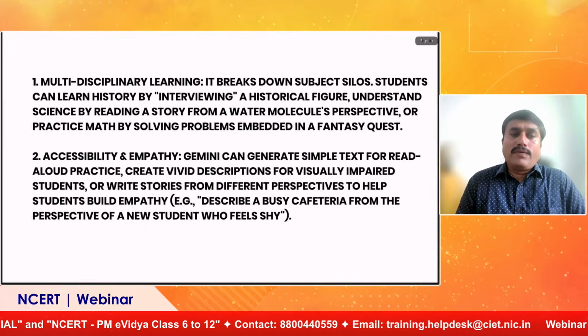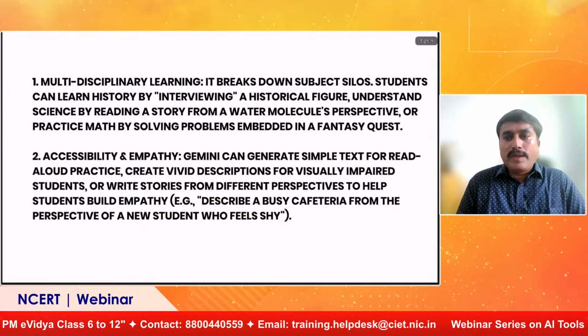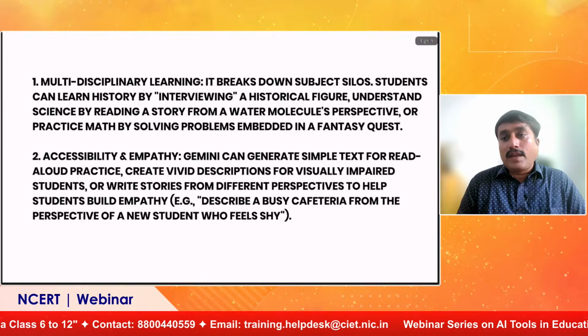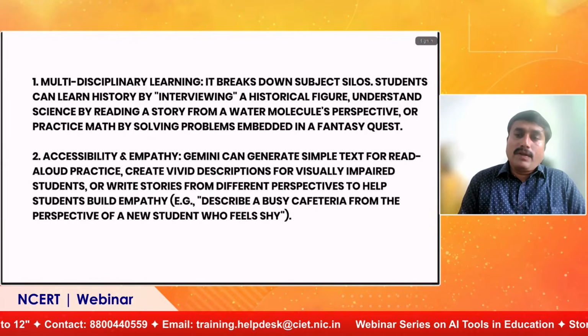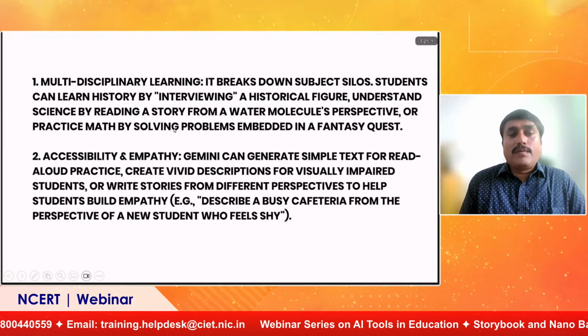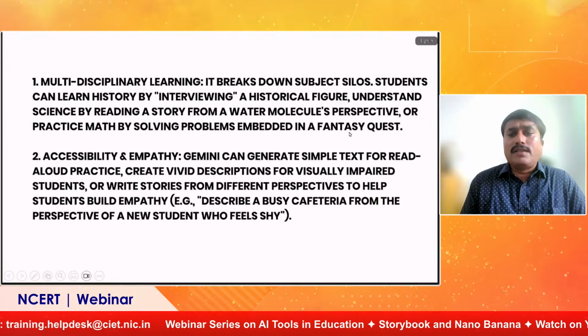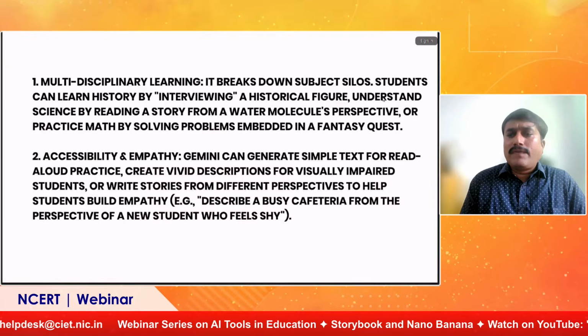So when we think about learning, learning should be fun, they can memorize it, and it will be immersive also. Students can practice math, solving problems embedded in a fantasy world.